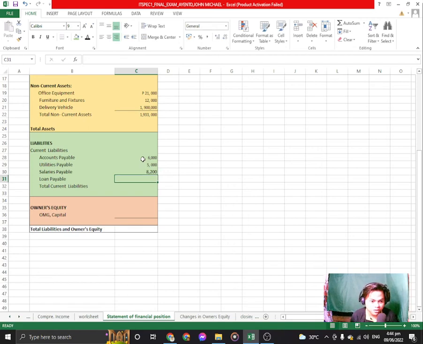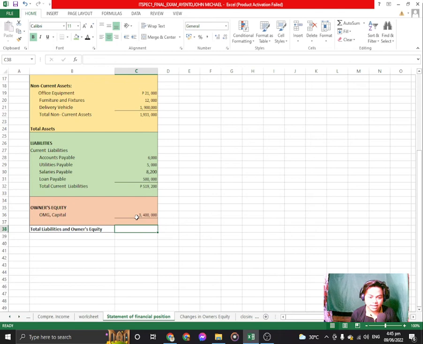And then for loan payable, the loan that was processed, we have 500,000 pesos. And the total current liabilities is 519,200 pesos. Okay, for the OMG capital, all that was invested, the truck and the cash, the total is 3,400,000 pesos. Okay, for the total liabilities and owner's equity, we just add this